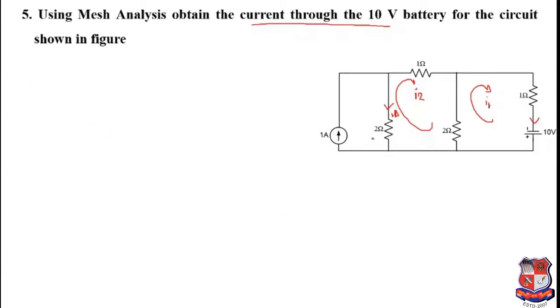We know that this is a resistance, so it will be a drop. So minus 2 times I2, minus 1 times I2, so it will be minus I2. And over here, minus 2 times the bracket I2, and in this I1 is also flowing, but you see here I2 is flowing downwards and here I1 is flowing upwards, so it means I2 minus I1, because I1 is flowing in the opposite direction to that of I2. This will be equal to 0.